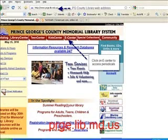Today we're going to find out how to use our county's public library system to answer different questions, especially using periodicals. And it's actually a fairly easy and simple thing to do. The first thing that you need to do is have your library card. And second, when you go online, you can simply type